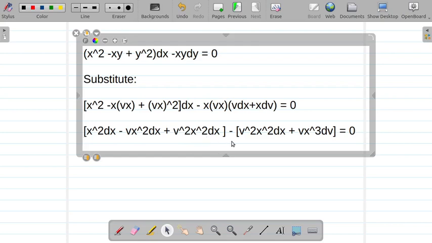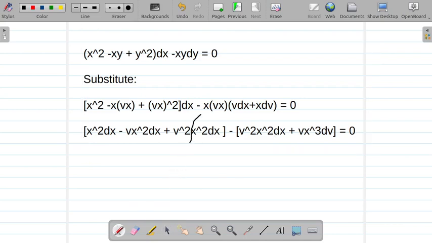of 2 dx minus v to the power of 2 x to the power of 2 dx can be cancelled out. So, cancel out. Can be cancelled out. So, ang mabilin kanina lang. So, we can rewrite this as